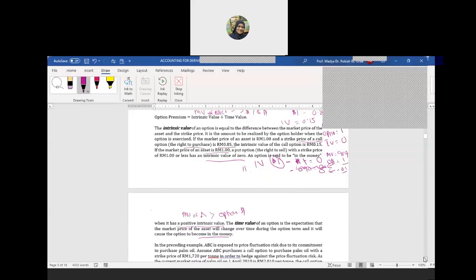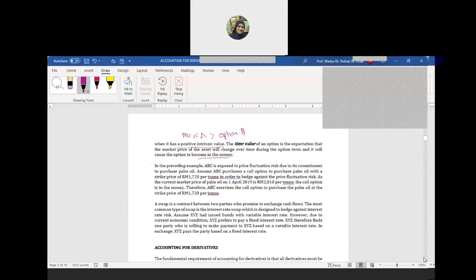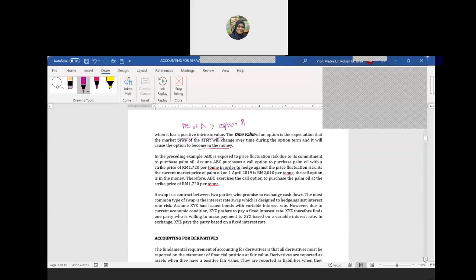Okay, in the examples here, we just follow the first example. ABC is exposed to the price fluctuation due to the commitment to purchase palm oil. So ABC purchases a call option here. A call option is an option to buy, to purchase palm oil with a strike price of 1720. So you want to buy at a price of